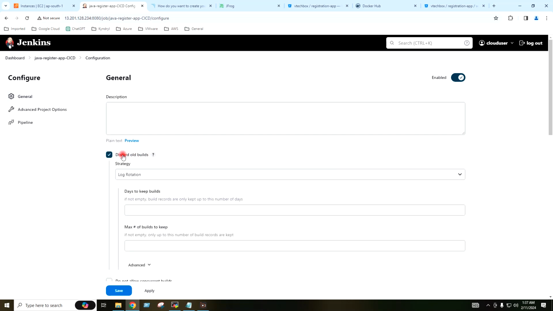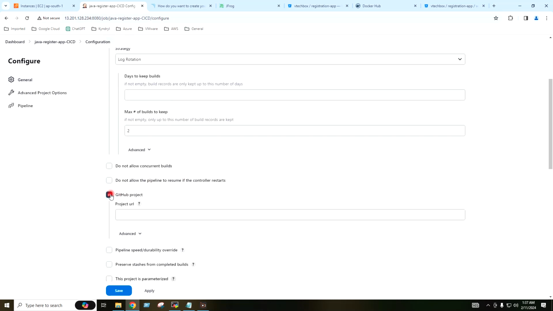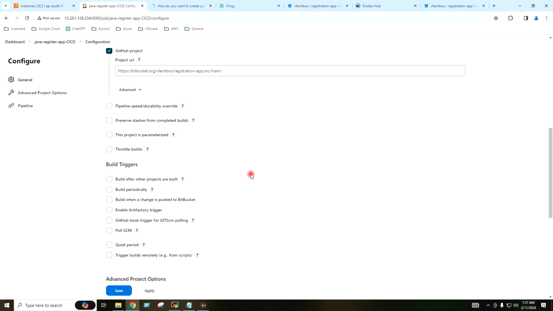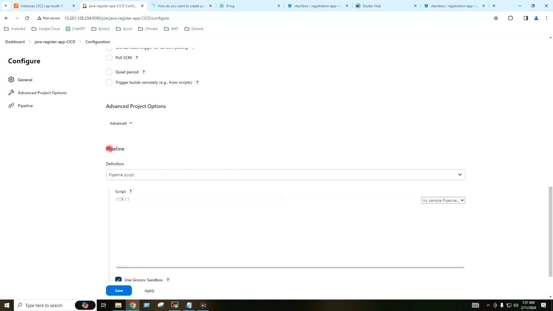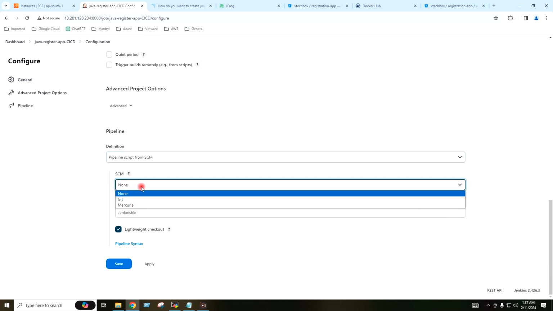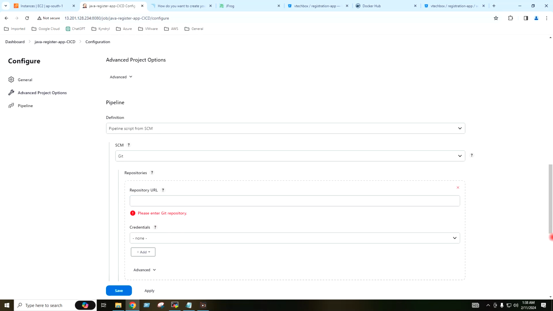Discard old builds. Max of builds to keep, I will type 2. GitHub project, and here I will provide my repository URL. I will not set any build trigger as of now. Pipeline script from SCM. SCM is git, and here I will provide my Bitbucket repository URL,